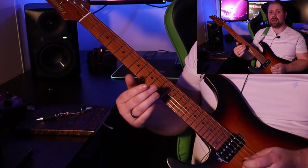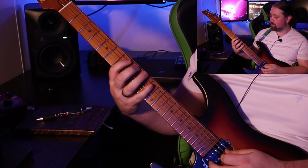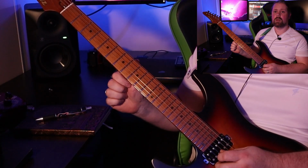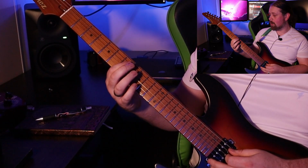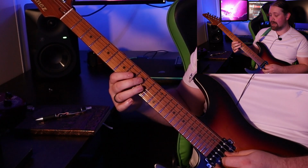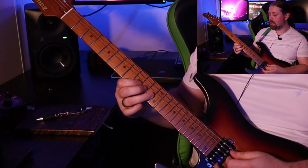So if I was in, say, we'll go into the key of E minor again, say I'm doing a line, I might go. So I'll show you that a bit slower. What I'm doing is I'm playing the E on the second string on the A, so I'm on fret 7 on the A, fret 9 on the D, then I go all the way up to fret 11 on the G, giving us this,